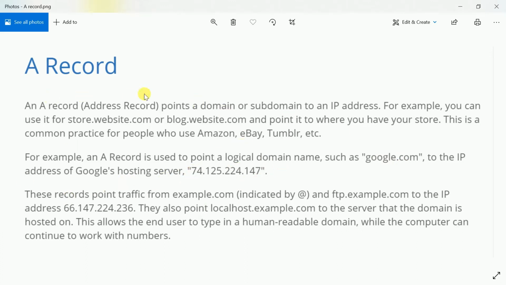So basically we know about this part only when we talk about the DNS. Whenever we say what DNS does, we say that it converts your URL into the corresponding IP address. So that is just the part of DNS, which is handled by the A record. So this is the work of the A record. Any website can have a number of A records for its domain and subdomains also. So that is all handled inside the A record. So if you're looking for the domain name and corresponding IP address, this will be given by the A record.